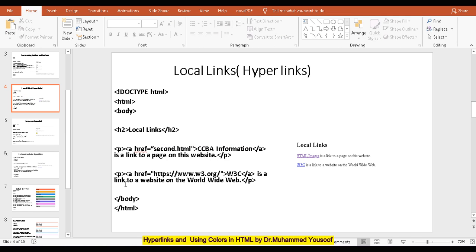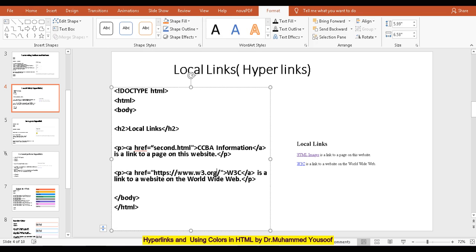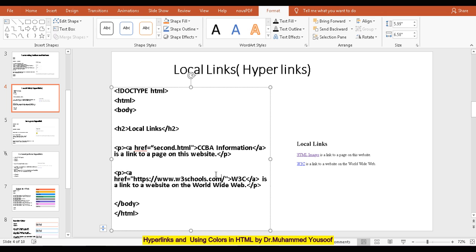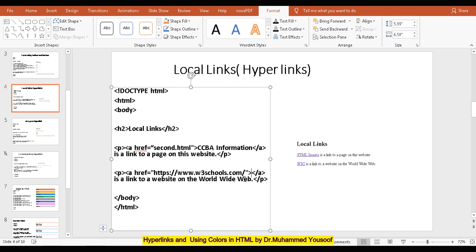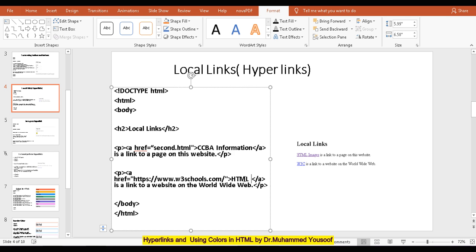And you know this one, this is a normal one which you have already done. It is actually having an href hyperlink, but it is connecting to w3.org. If you give w3schools.com, for example, it will open that website, which is the hyperlink. So instead of this w3c, you can use, for example, HTML tutorial, and it will be given over here. I hope it's fair and clear for you to understand this idea.